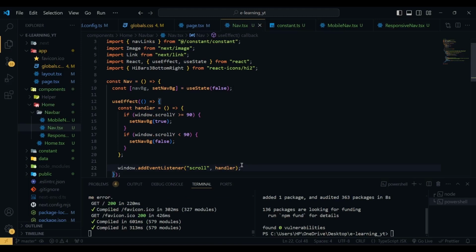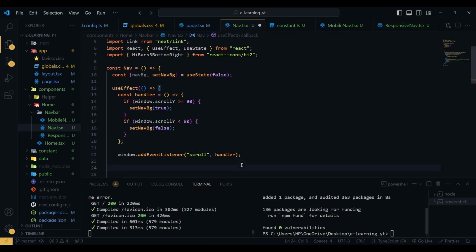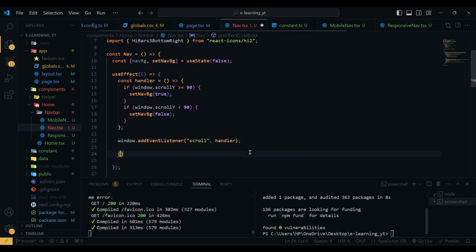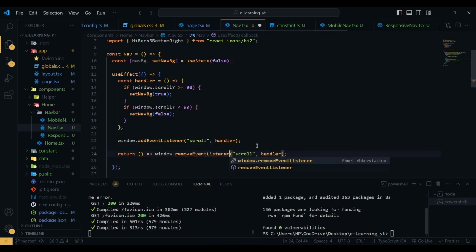And it is a good practice to remove the event listener in the use effect using a cleanup function. So here I am going to return another arrow function where I am going to copy this. Here we do not need this, we just use the handler. And here, instead of add event listener, we are going to remove event listener. That's it. Now if I save,